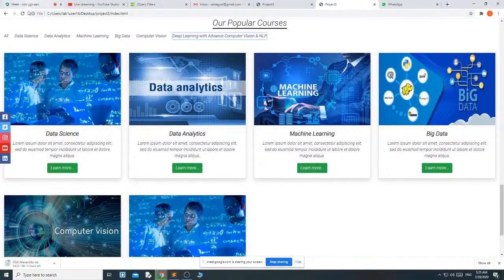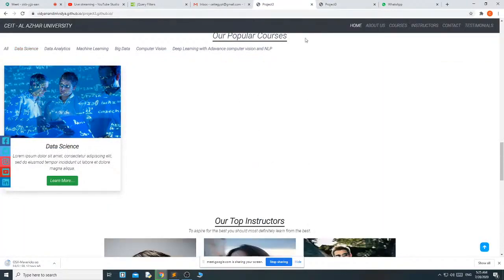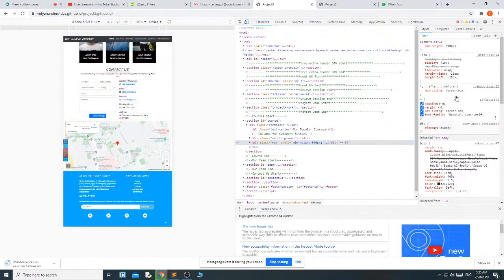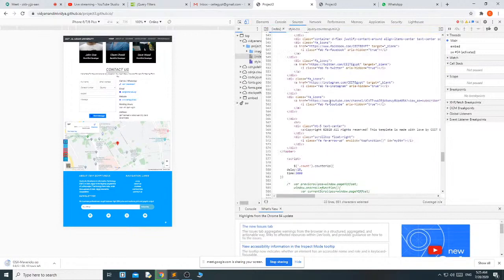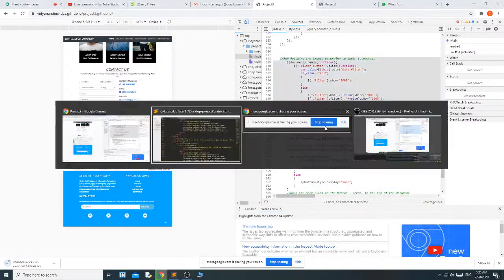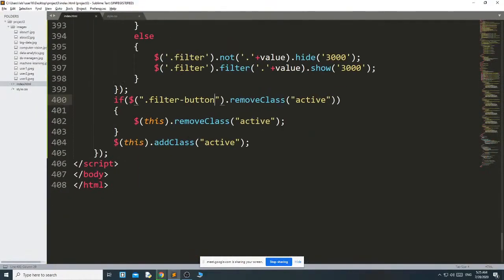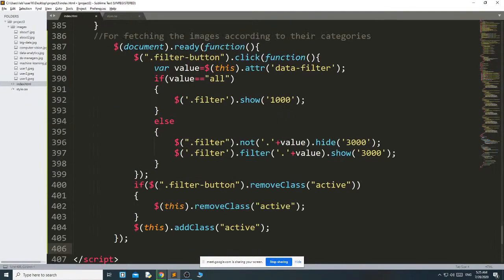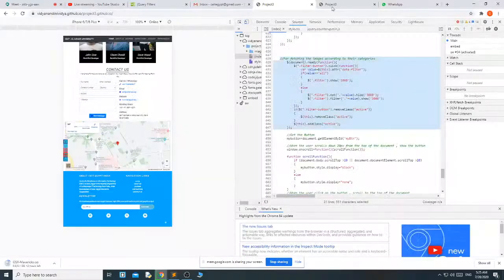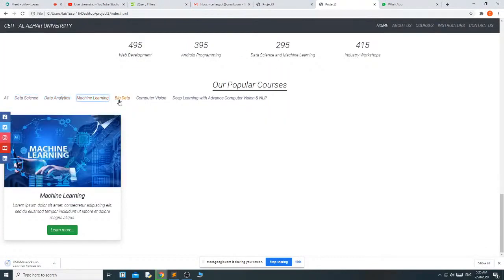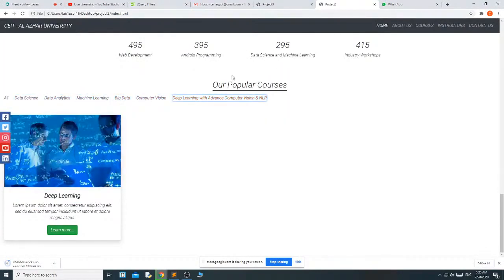Just one minute. CSS index, I just copy this part and paste it here. Okay, and we will see that. That might be some comma or full stop problem.